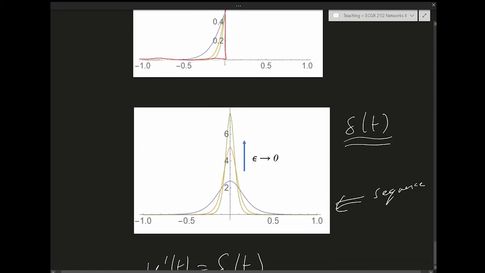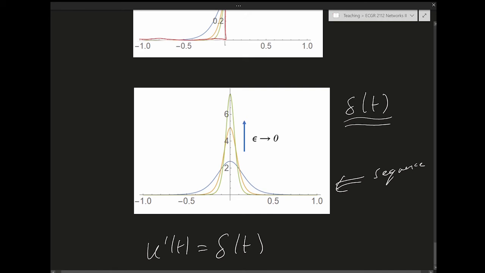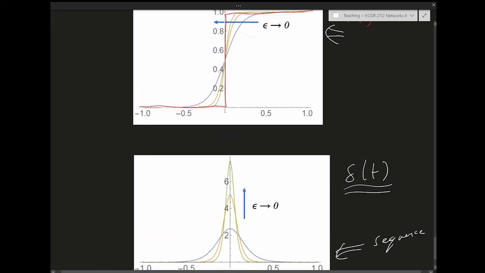Right? So that's interesting. By the way, why am I saying that the integral of this is 1? I'm proposing that this is delta t. For this to be delta t, the area under the curve should be 1. Well, the area here is going to be 1, right? Because the integral of this function